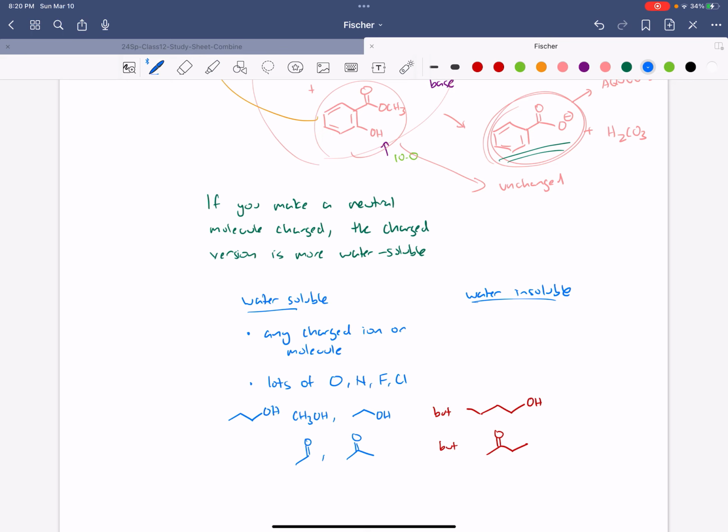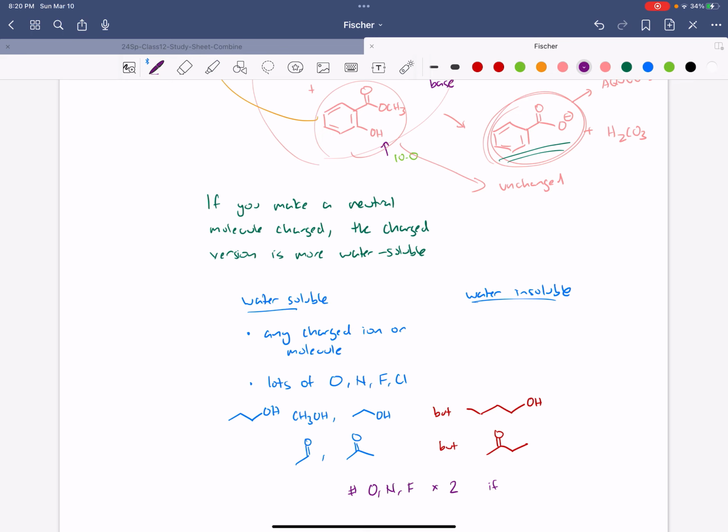Okay. I tried to come up with a rule. It's still very, very hard to make this prediction, like whether a molecule is water soluble or not. You could always make the prediction one is more water soluble than another, when you're comparing molecules, but it's hard to tell if a molecule by itself, without comparison, is either water soluble or not. But I think if you take the number of oxygens, nitrogens, and fluorines and multiply it by 2,